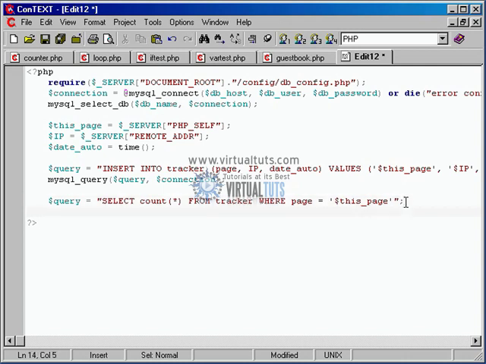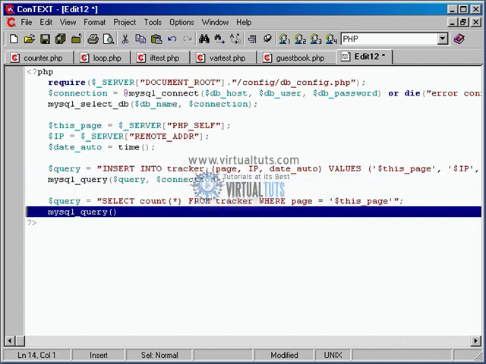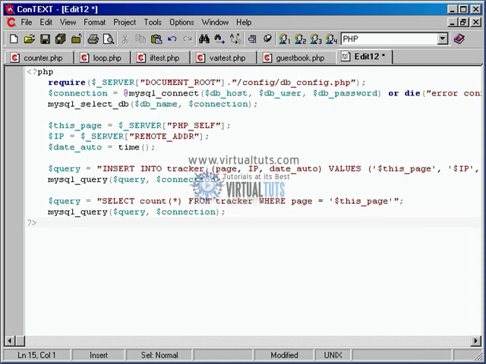So we'll go ahead and run that query, mysql_query. Actually, let me make this a little bit faster: same line, copy, paste. So this time we're running the query to get data back. We need to display this number somehow to the user, so we have to put these results in a variable somewhere. I'll put them in